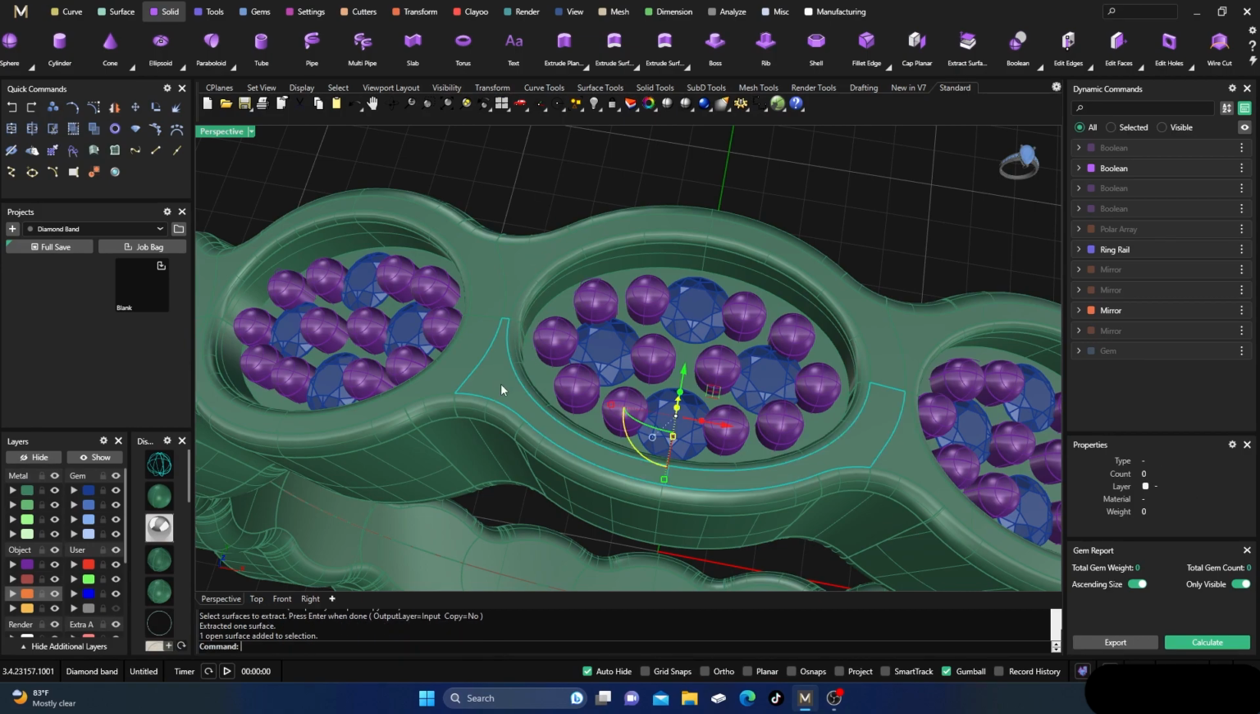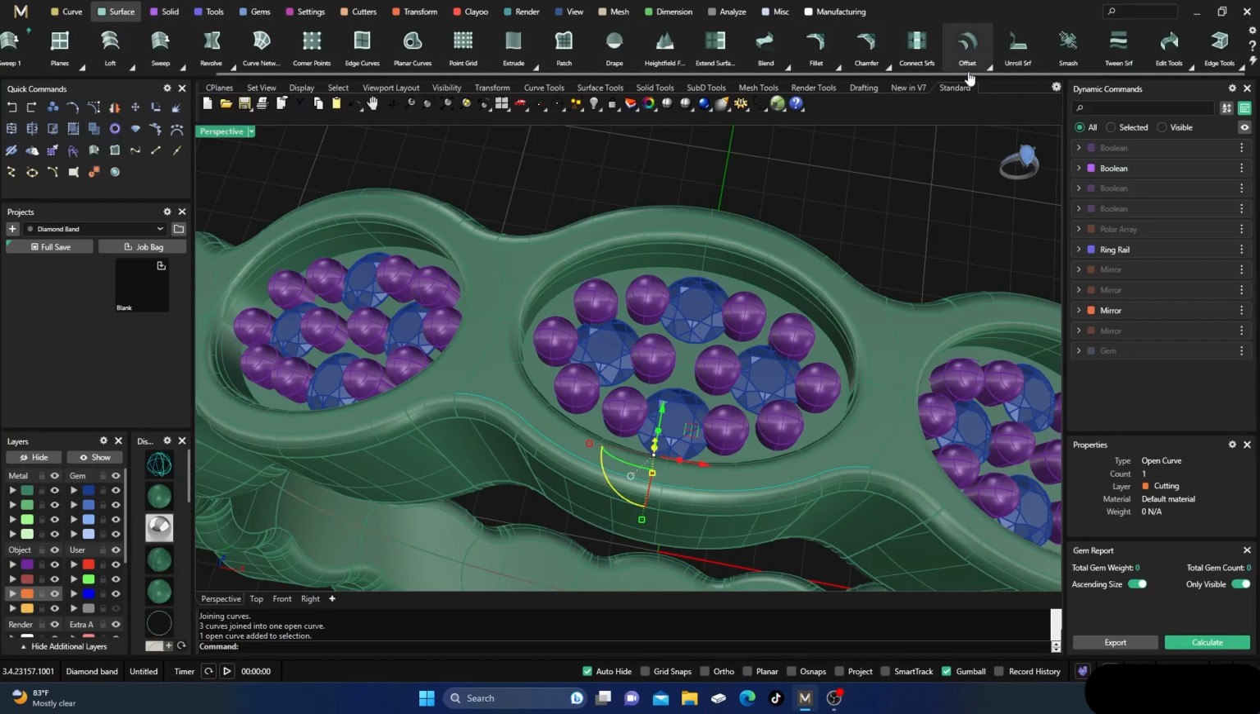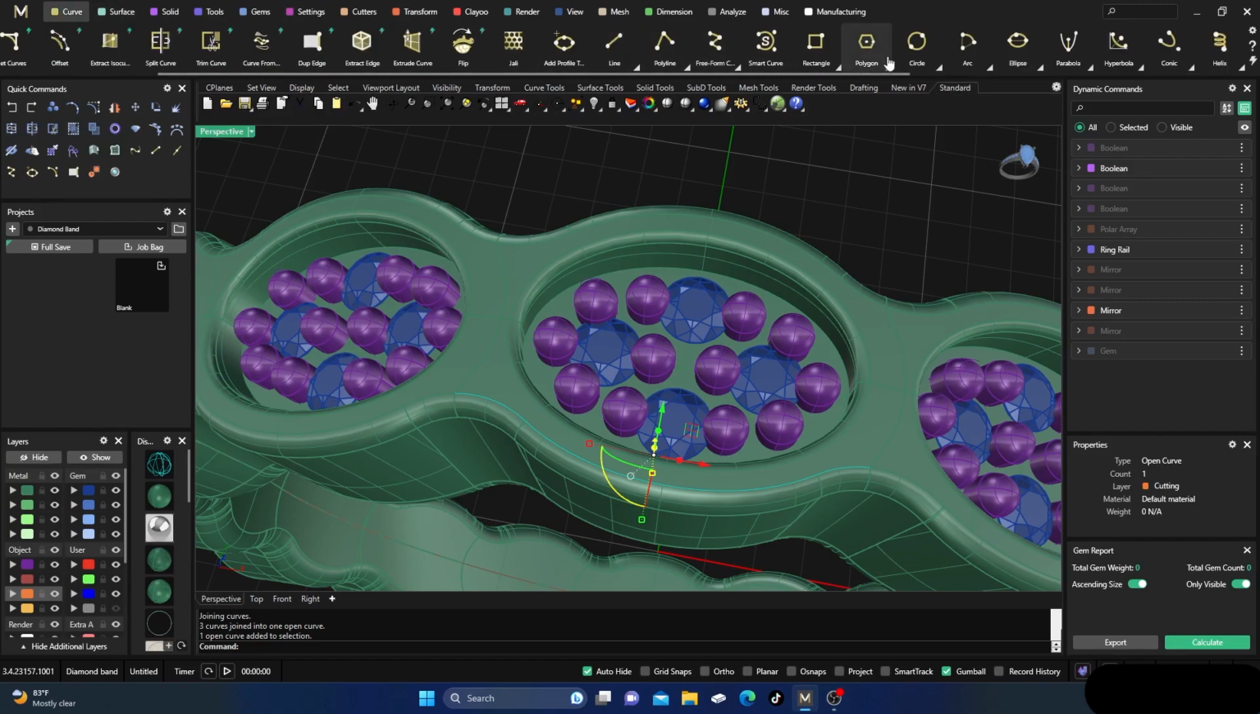Okay, so I extracted this surface, right? So hopefully what I can do is take that, oh, it's not joined together. Okay, so let's grab all this and join it together. And then I'll take that curve, and we'll try that offset again here real quick. Offset, oh, surface, we want curve offset